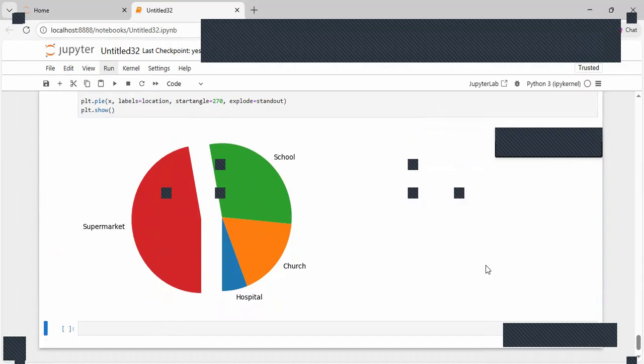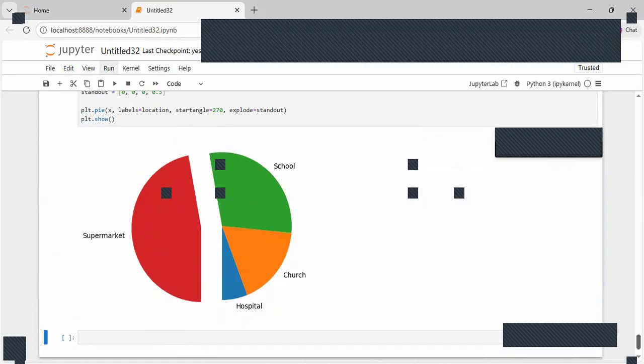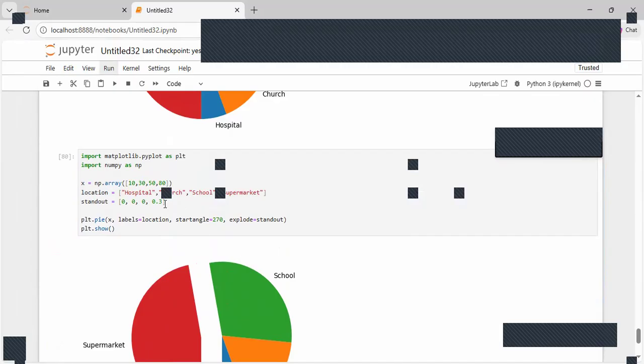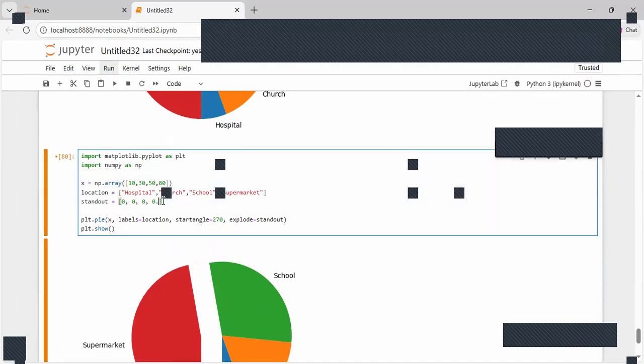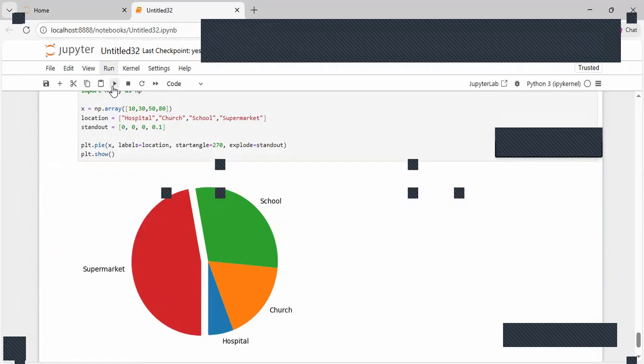Now, because I made use of 0.3, you can see the space. So I can decide to reduce it to 0.1, and now you can see the space, how it stands out, the closer it is to the main pie chart. So that way we can use the explode argument. That is what I used. Also, we can add a shadow to our pie chart